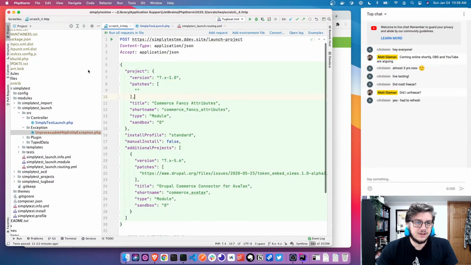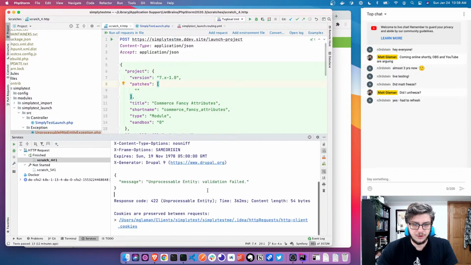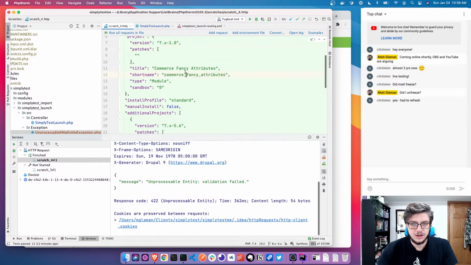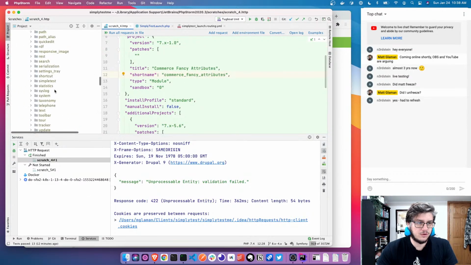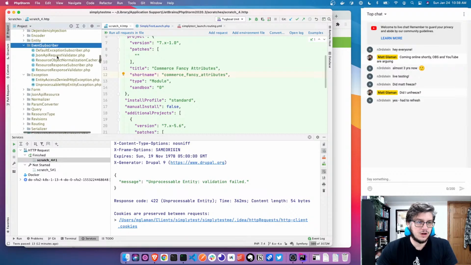Let's see if that gets us to where we need to go. I'm going to assume no, because we probably need more. So we only got a message back. There's more to it inside the JSON API module, where event subscriber,